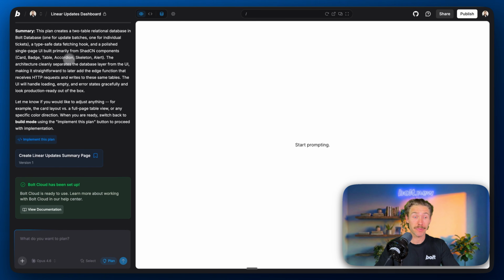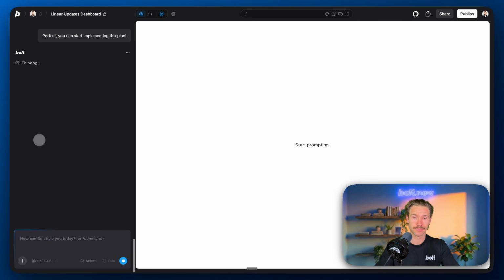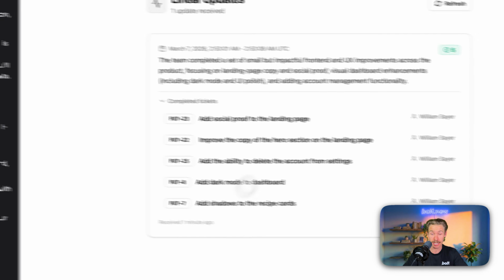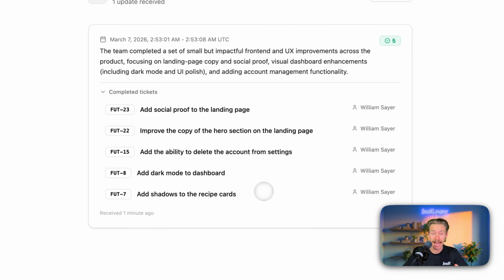So the agent's come back with this plan. It all looks good, so let's implement it. The agent's finished working and it's successfully created the user interface for our tickets. Notice it's got the summary up here, it's got the linear ticket, the title, the assignee, and the amount of